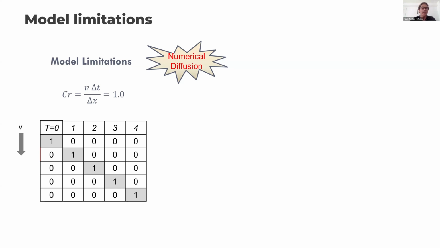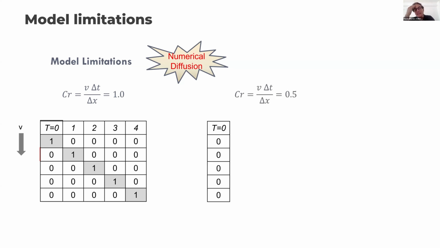Okay? So this is okay. But now imagine that you have the same situation, but with a Courant of 0.5. So if the Courant is smaller, it will not instabilize. Remember, I told you the Courant is a number that will control stability. So if it's too high, it may get unstable and the solution gets crazy. But if it's smaller than 1, in this very simple model, it will not instabilize. But what happens?